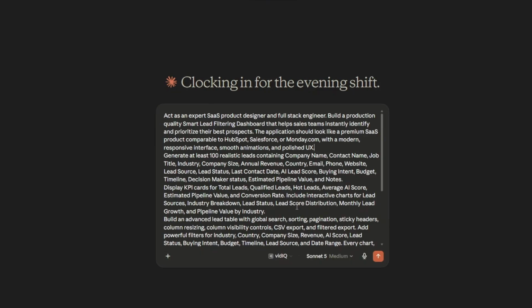We can tell Claude, act as an expert SaaS product designer and full stack engineer, and build a production quality smart lead filtering dashboard that helps sales team instantly identify and prioritize their best prospects. The application should look like a premium SaaS product comparable to HubSpot, Salesforce, or Monday, with a modern responsive interface, smooth animation, and polished UX. Here we're describing the dashboard I would like to create and outlining some example SaaS products we would like it